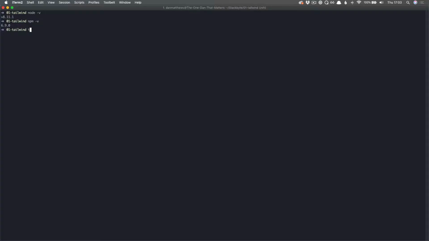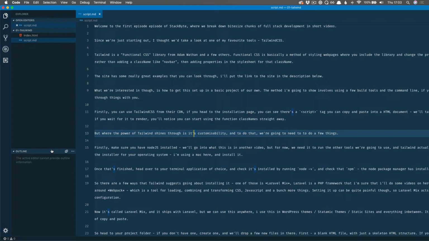First, we want to create a blank HTML file, so we'll just use the touch command and we'll call it index.html, and this is just going to be our test page. And if we open this up in our code editor, Visual Studio Code for anybody asking,